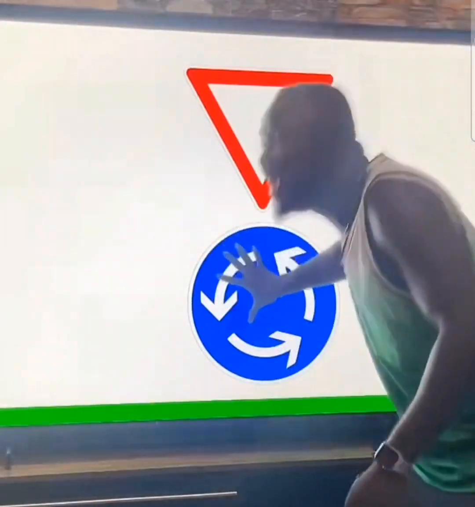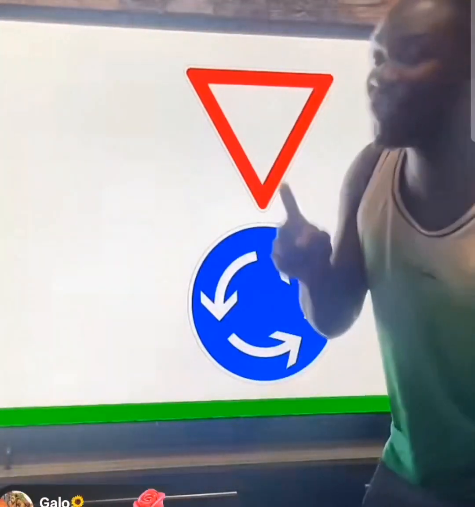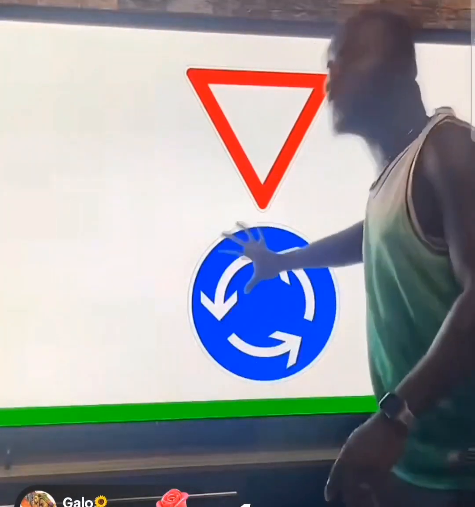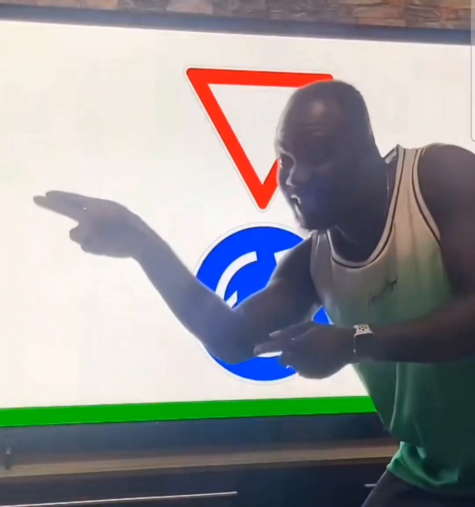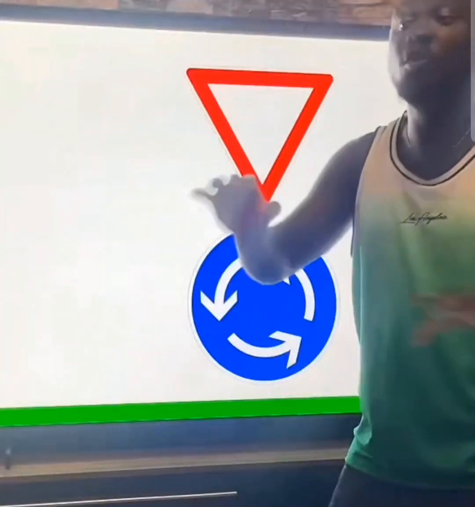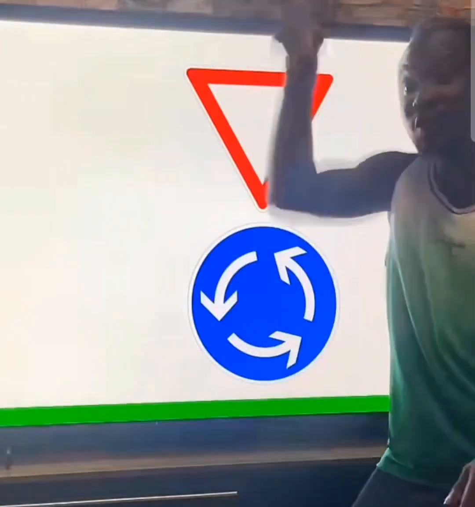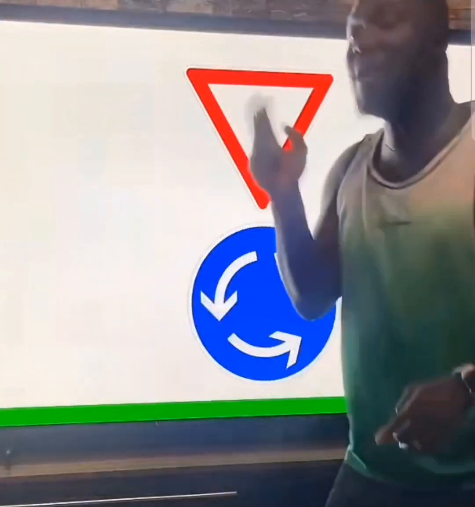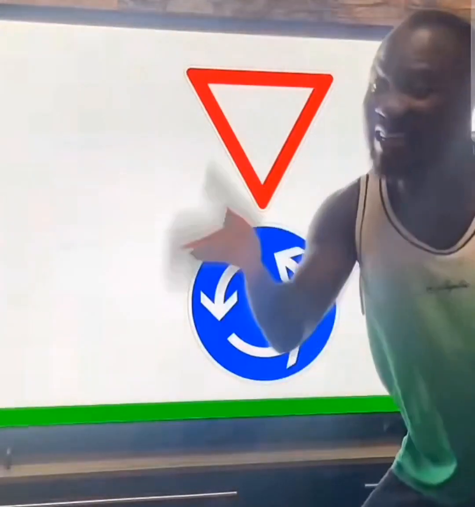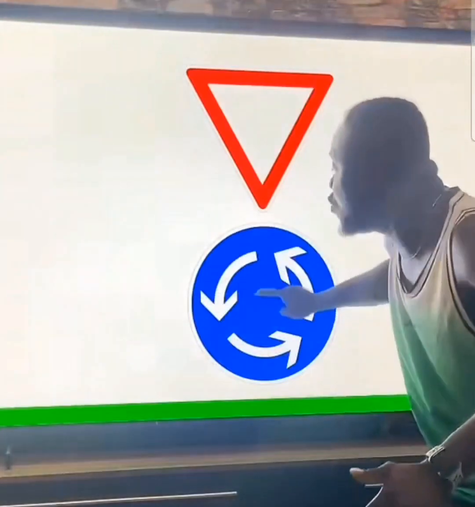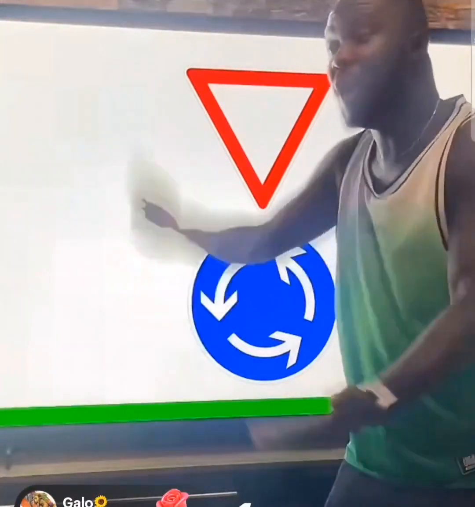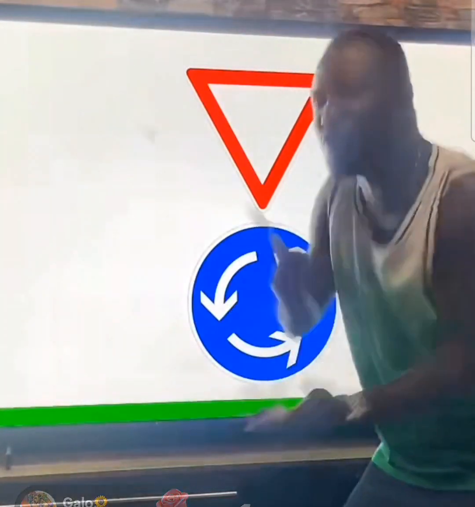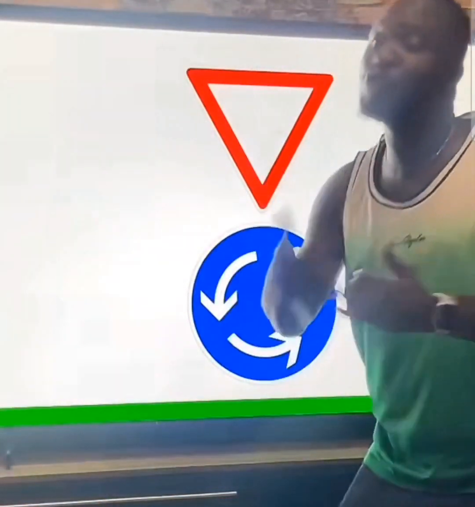How are you allowed to stop here? Sometimes there is a bicycle lane that crosses at the side of the roundabout, and you must exit through the light, and you see a bicycle, you must stop there. You must stop inside the roundabout to let the bicycle pass. Or maybe you are about to exit and there is a pedestrian crossing in front of where you are about to exit. You have to stop to allow the pedestrian to cross before you move. And that's why they say, to some extent,